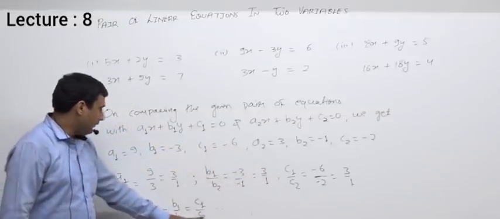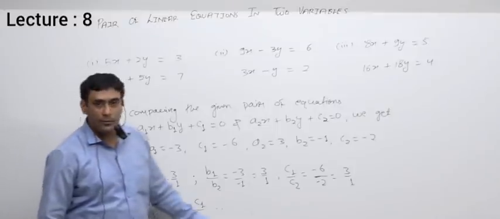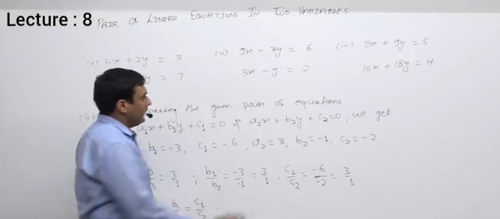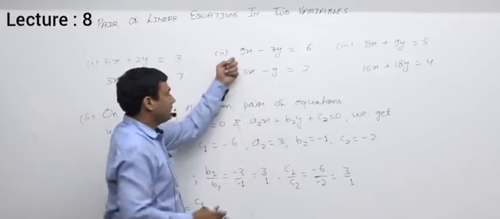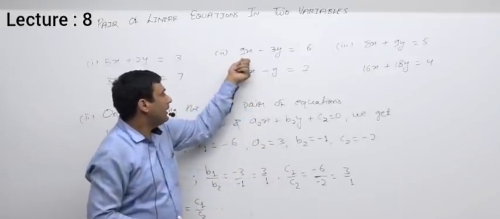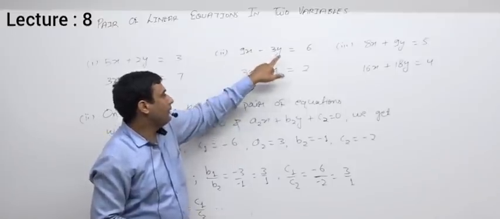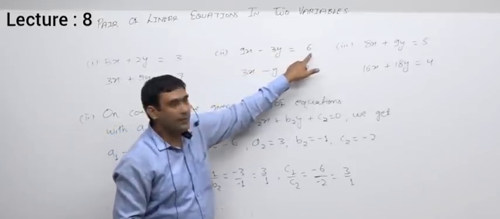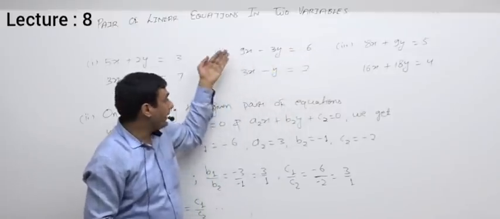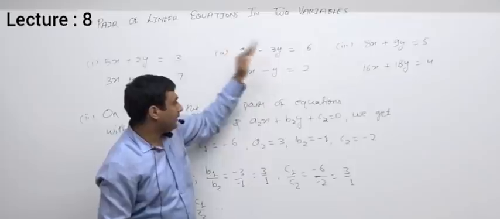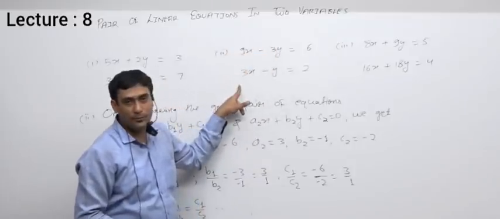Then I got the final conclusion that they will represent the coinciding lines. Now here you can see, if I take 3 common from the very first equation, here I will get 3. After taking common, here I will get only y, and here I will get 2. Okay, 3 into 2, and 3 I can cancel. So actually when I take 3 common and cancel 3 from both sides, I will get the same equation.